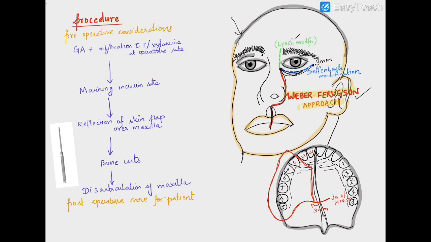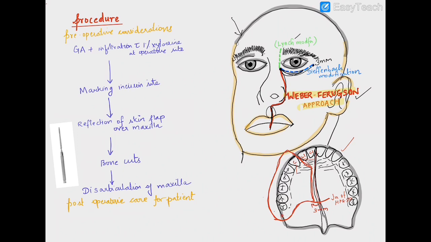You can see here, this is going to be your palate. Medially, the incision should be given between your canine tooth and the lateral incisor tooth. It should extend along your mid-palatine suture, about 3 millimeters lateral to the mid-palatine suture, and then directly involve your maxillary tuberosity, extending till the gingivobuccal sulcus, and it will again join with the Weber-Ferguson's incision. This is the incision intraorally.